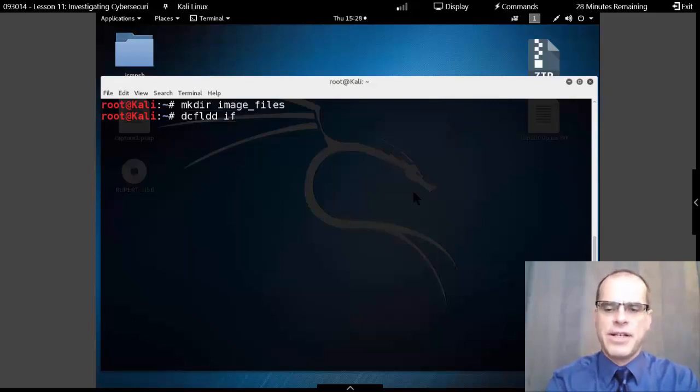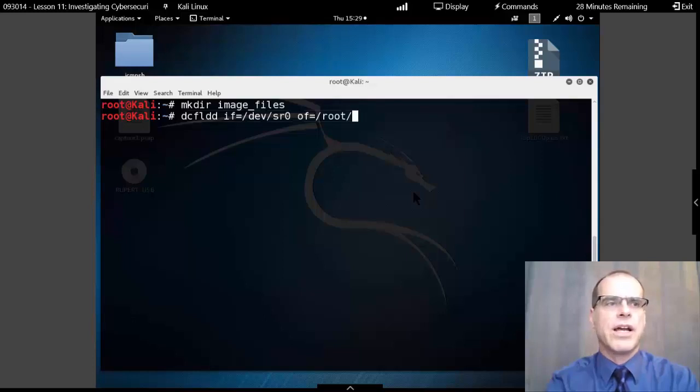It uses basically the same syntax as our dd command, and so I'm specifying the device that I want to create the image of, and then I specify the output file, which is going to write the output to, of course, the directory that I just created,